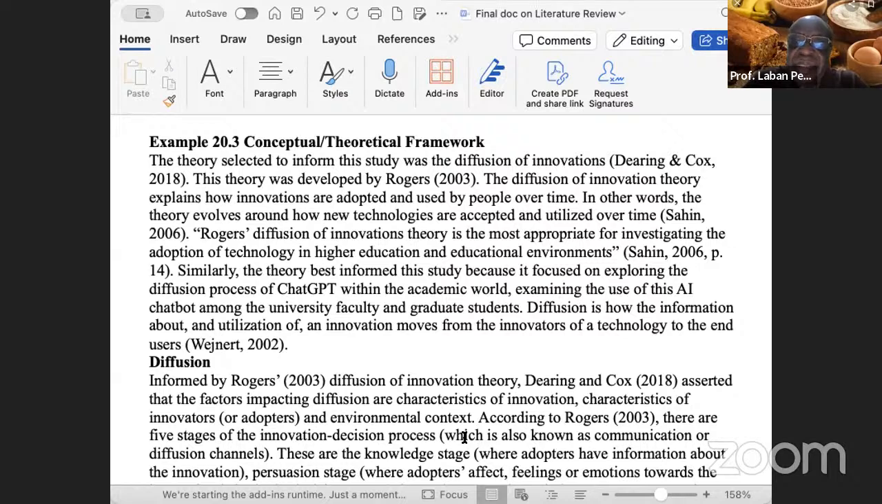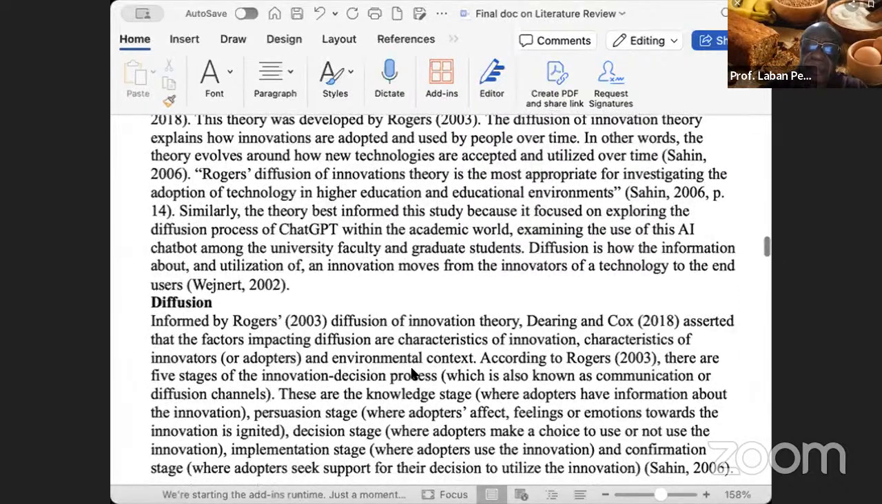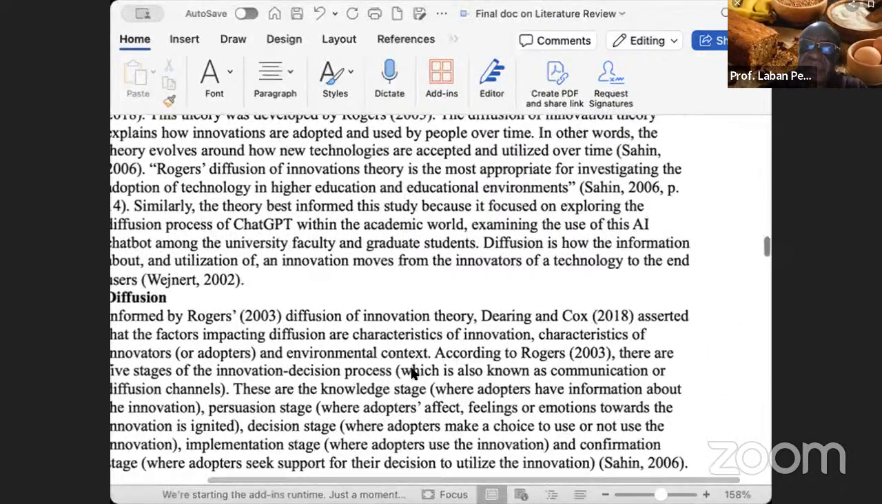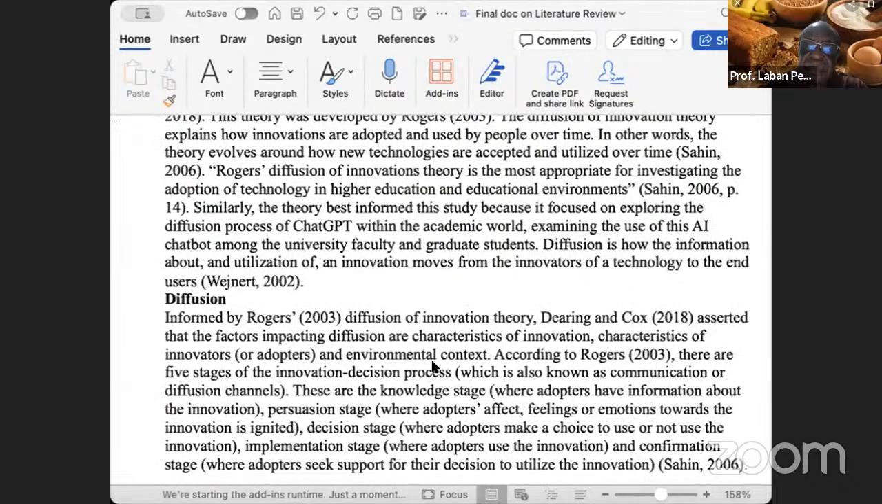And I hope you know we are putting there the page because we have the quotes. Otherwise, we would have just said Sahin 2006. Carry on. Similarly, the theory best informed this study because it focused on exploring the diffusion process of ChatGPT